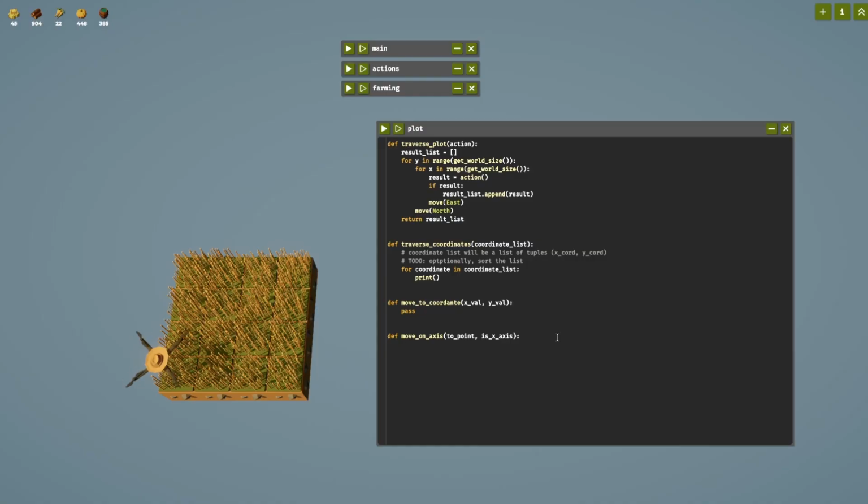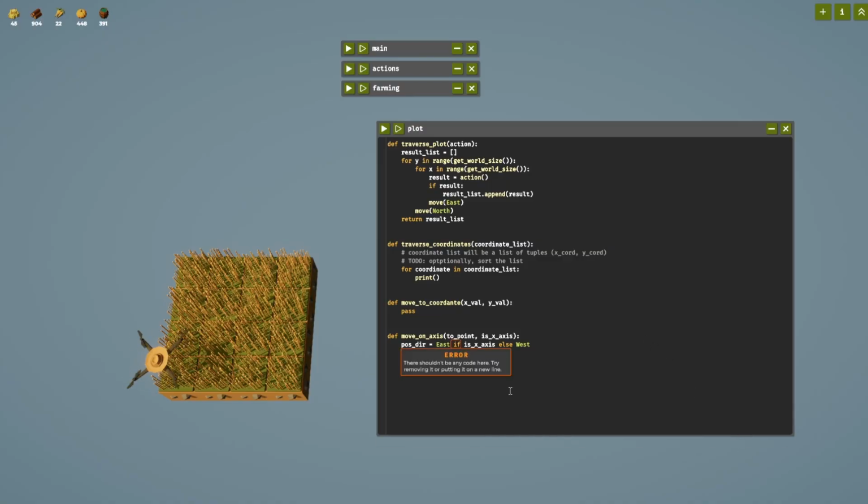Here's one other area where I find myself struggling a bit in the game, and it was pointed out in the comments of the last episode. I'm quite comfortable with Python, a language I write in fairly commonly at work. Not knowing what this game supports in terms of Python functionality trips me up a lot. Because what I would normally like to say is positive direction equals east if is x-axis else west, right? But if I click off here, it's not going to like the fact that there's this if statement here. So what I will do is